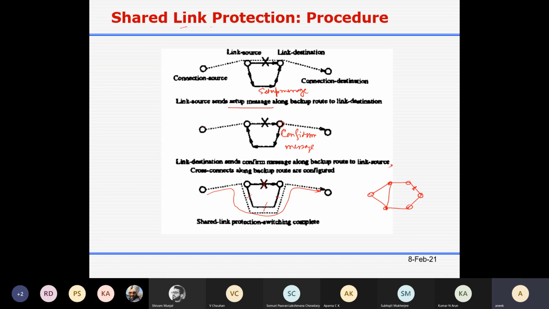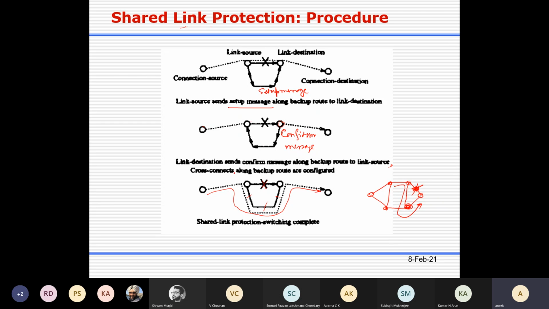For this fiber, if there is a fiber cut over here, you cannot go for link protection, because there is no alternate set of fibers through which you can set up the backup path. Here it is not possible, but let's say there is a fiber over here. Now if this one fails, then you can take this path. So it depends on whether you have such physical topology or such resources.